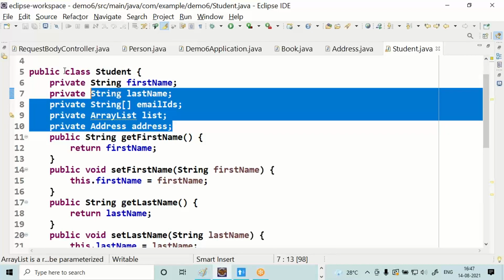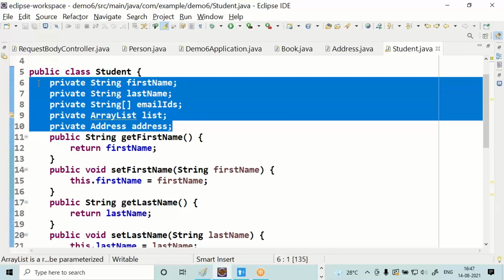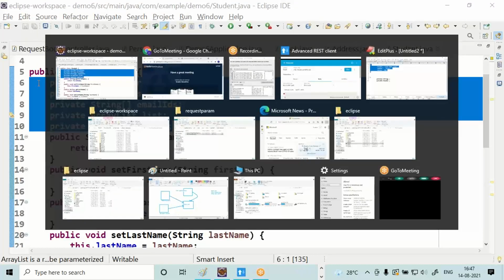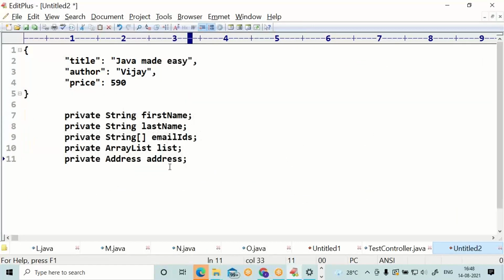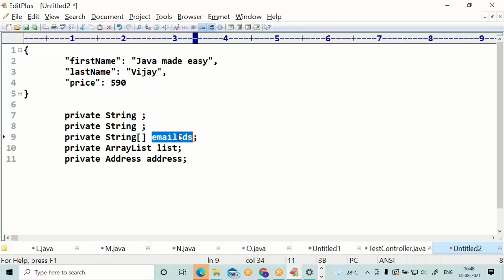These are the attributes in the JSON object: first name, last name, email IDs.